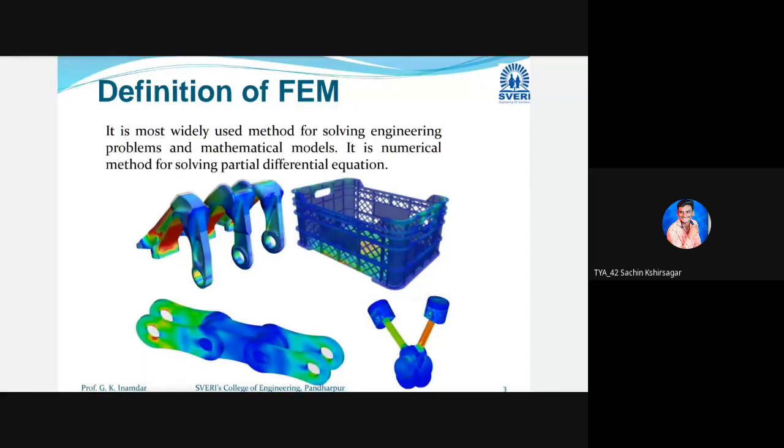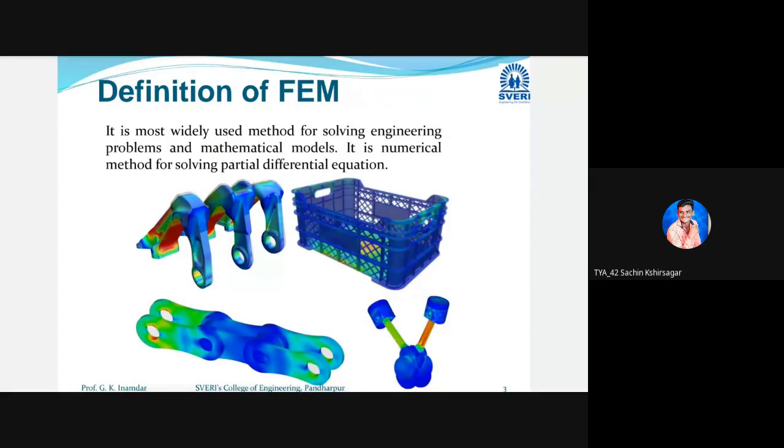What is our motto to learn engineering? What is our aim to learn engineering? To reduce the human effort. Now, what is the definition of human effort? Suppose any machine is related to the human. Any maintenance is required for that machine, or to calculate the life of that machine is also the duty of a human. This is also the duty of an engineer. This is our duty, because we are also engineers. Our main motto is to reduce the human efforts.